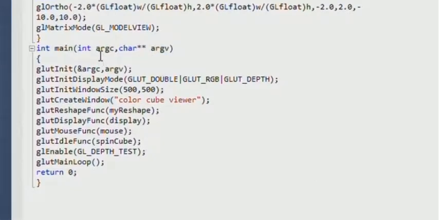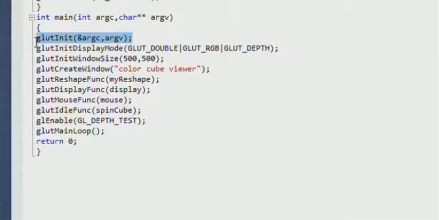Lastly, the main function, which consists of two arguments, that is int argc, which is the argument counter, and argv, the vector that holds the sequence of arguments. Now glutInit takes the address of the argument counter, &argc, and argv is the array itself. Now glutInitDisplayMode sets the initial display mode. GLUT_DOUBLE means that two buffers are used, and it needs both double buffering and Z buffering.